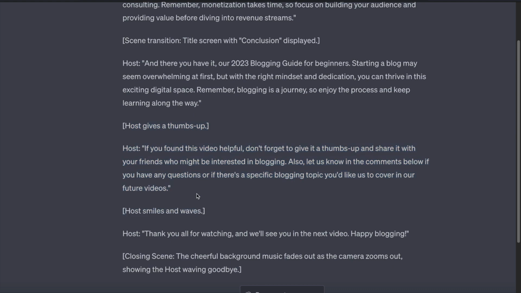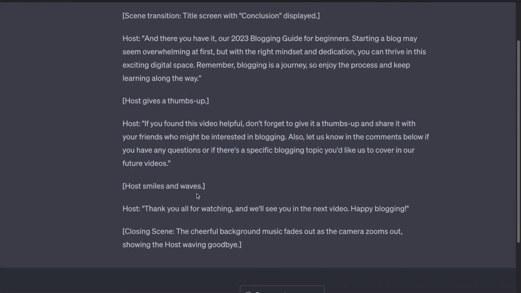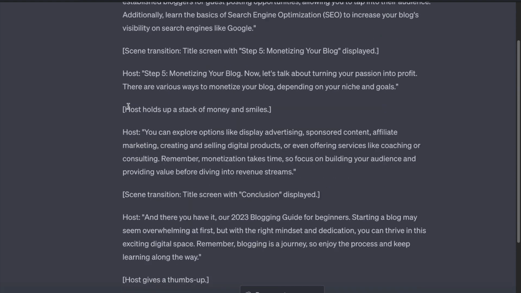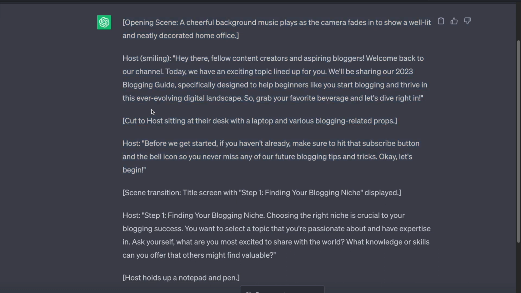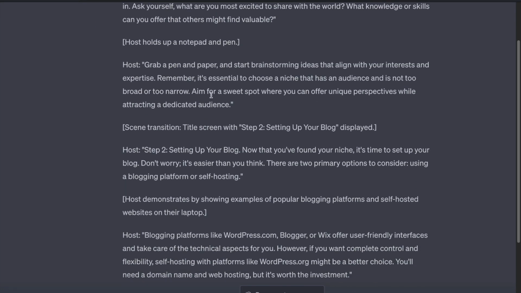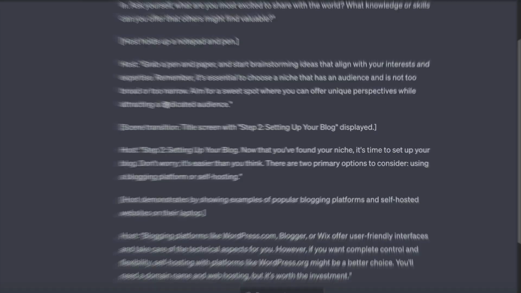Moreover, if you ask ChatGPT to write a script about the same topic again, you will see that every time it will create a script in a different format. So this actually looks pretty good, but you shouldn't just copy the script and use it directly in your video. The script that ChatGPT generates definitely needs some improvement and optimization. So I will give you 5 tips to improve AI-generated, or more specifically ChatGPT-generated scripts, and the first one is